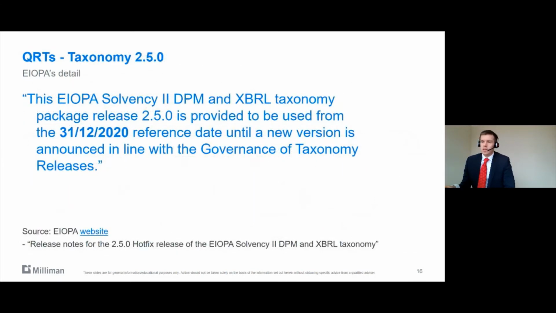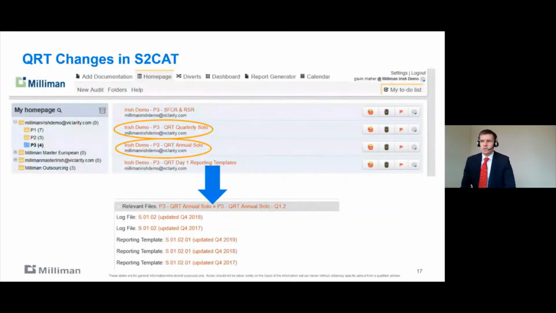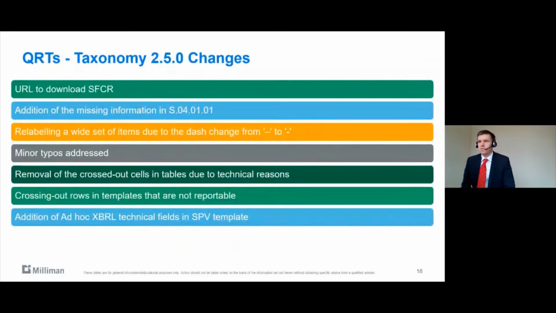And really, they've posted new GPM and XBRL taxonomy packages on their site. There isn't a huge amount in it, as I said. In terms of where this will appear in the tool, it's mainly going to come through as new reporting templates. So when you're looking at that pillar 3 section of your tool, in those QRT sections, so the QRT quarterly solo module and the QRT quarterly annual module, you will see new links popping up in there for new files that have been added. So you can see that there at the bottom of the screen. So we'll be putting those through in December, and we'll send out a release note following that.